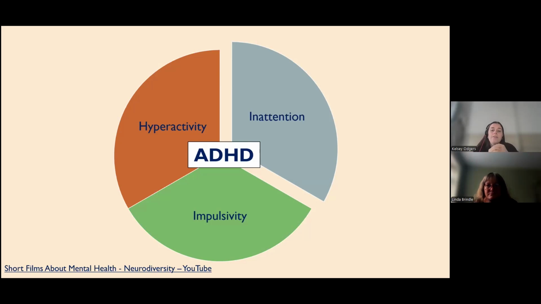And we know that about 5% of all children and young people would meet the criteria for a diagnosis of ADHD. But what's important here is that some studies show that up to 20% of children actually struggle with traits of ADHD. So they have difficulties with these three areas of attention, hyperactivity, and impulsivity without meeting the criteria for a formal diagnosis. And that's around 1 in 5 children, which is significant and useful to hold on to.